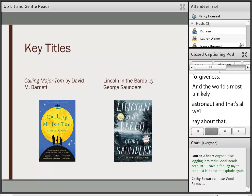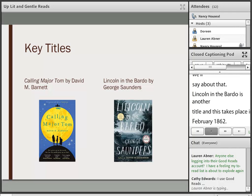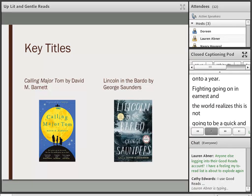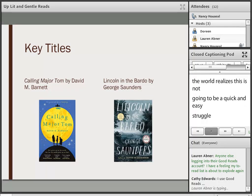Lincoln in the Bardo is another title considered to be uplit. This takes place in February 1862. The Civil War's been going on about a year. Fighting's been going on in earnest, and the nation has come to realize that this isn't going to be a quick and easy struggle. It's a time when President Lincoln's beloved 11-year-old son Willie is sick, lying upstairs in the